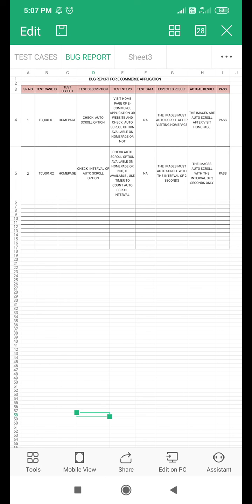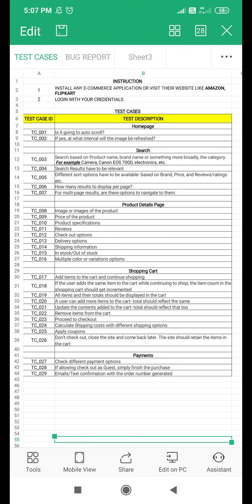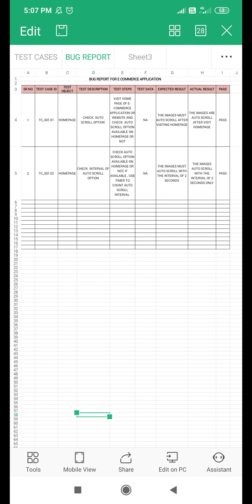So you need to apply all of these test cases on the Amazon application. You need to perform different tasks over here, and after that you need to prepare a bug report. Log your different test cases below this second test case. Complete it and update your sheet, and forward it to me on my personal WhatsApp number in personal chat.